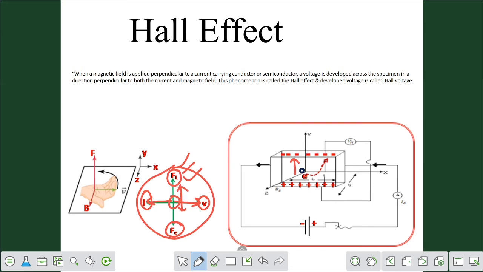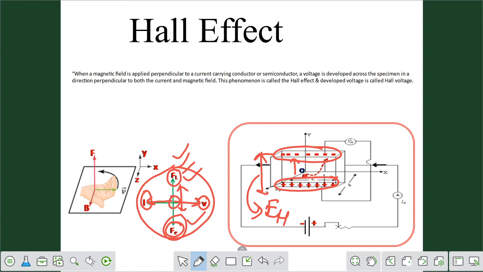So that is the actual functioning of the Hall effect, and I'm using that old theory of the Lorentz force and this electric force. That electric force is applied due to the collection of charge carriers at the upper surface of the semiconductor specimen and the lower surface of this specimen. So that electric field is called the Hall electric field, and it is denoted by E_H.